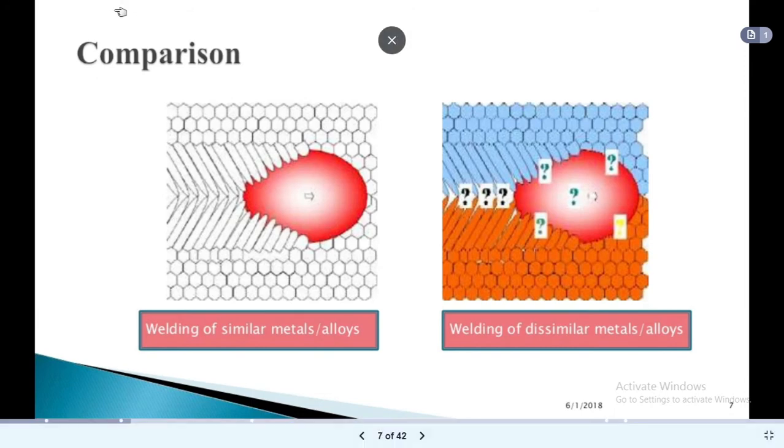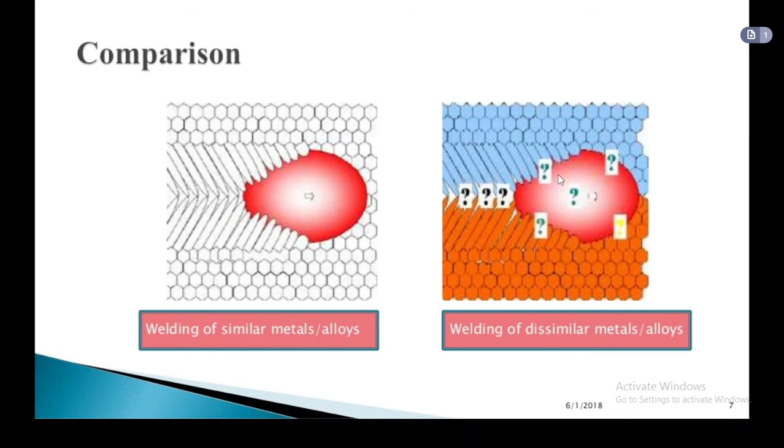See here, welding of similar metals or alloys. When two similar materials get welded together, we can predict the composition that we will get here. But when we are using two dissimilar metals and alloys in the welding process, the question mark shows that we cannot predict the composition of that material,